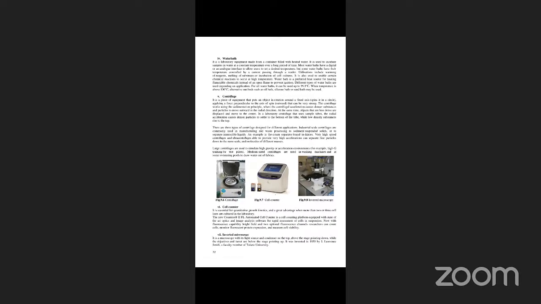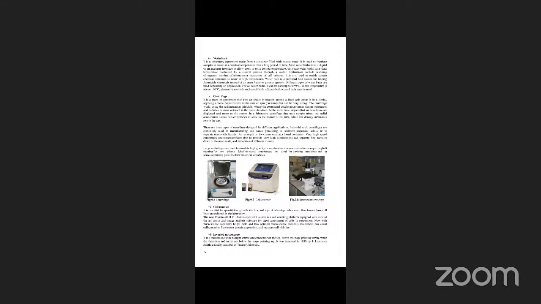Then the water bath. The water bath is to incubate the samples. Sometimes during the protocol, you have to again incubate the cells or incubate the samples. So then you have to use the water bath. Then the centrifuge. Once you take the cells out, they will be in liquid form. Now you want the cells to revive. So revive is nothing but, suppose